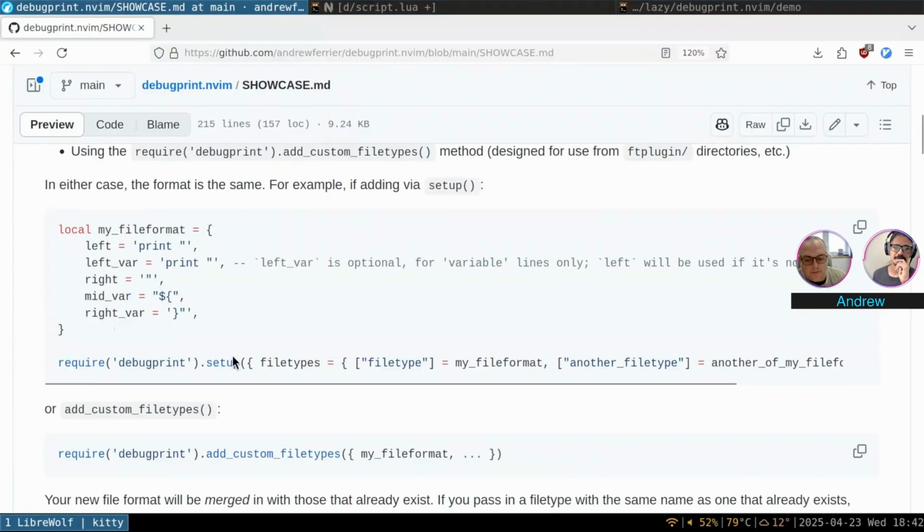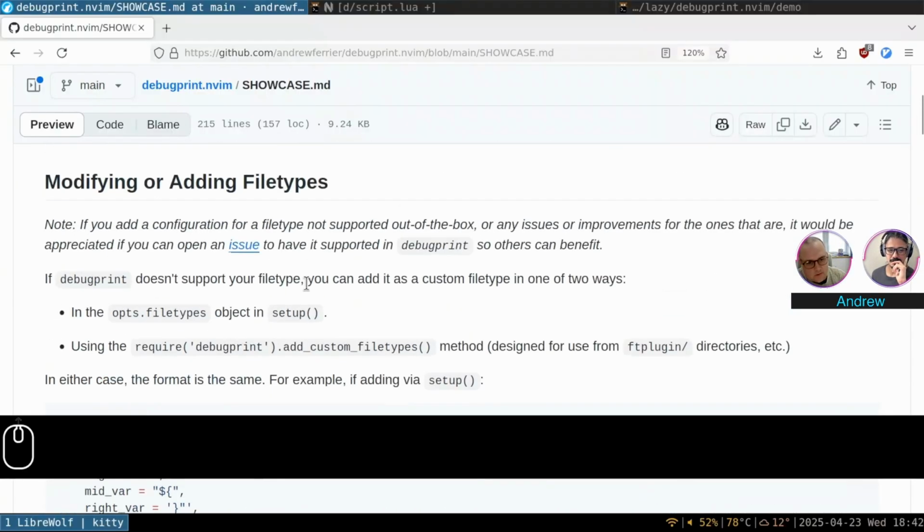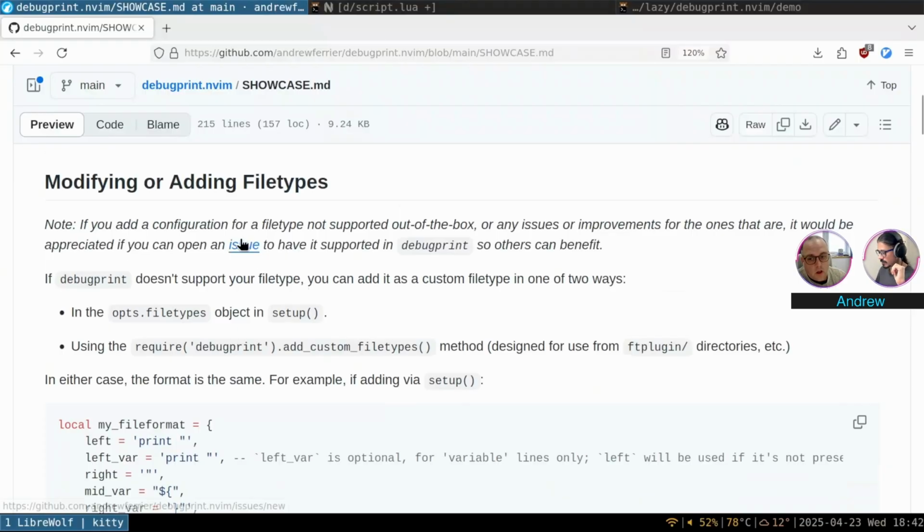And then you pass that into the setup function that you're setting up Debugprint with in lazy, or whatever programming language you want to use. So you can just do that locally in your own Neovim configuration if you want to. But if you figure one out for a programming language that you think other people would want to use, I'm absolutely very keen and happy for people to open an issue here, but pull requests are fine too, right? Would be very keen and happy to hear from anybody who's using maybe a language that's a